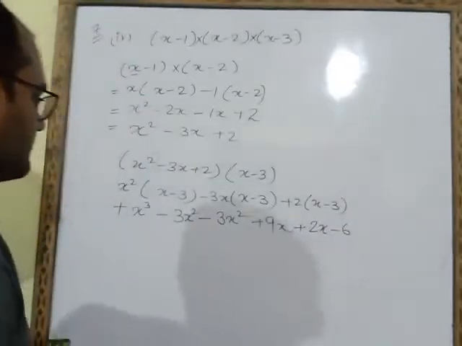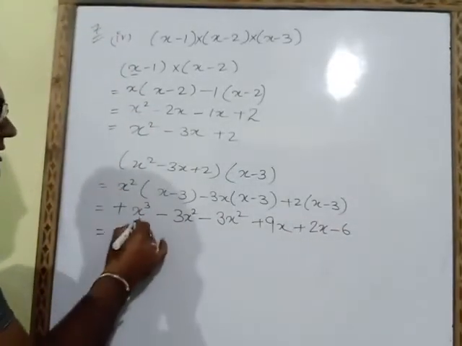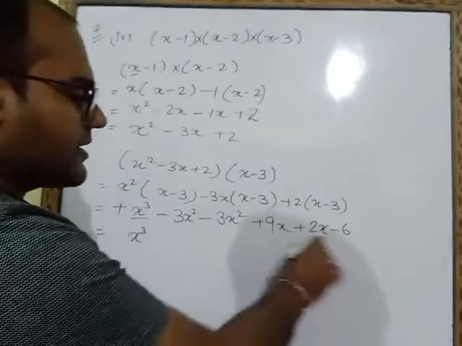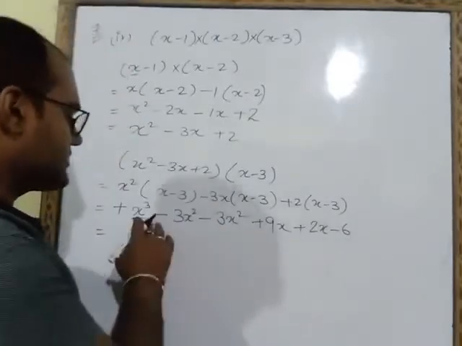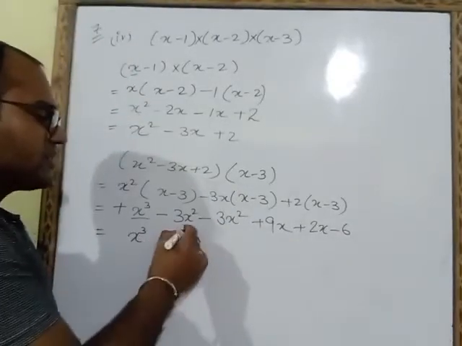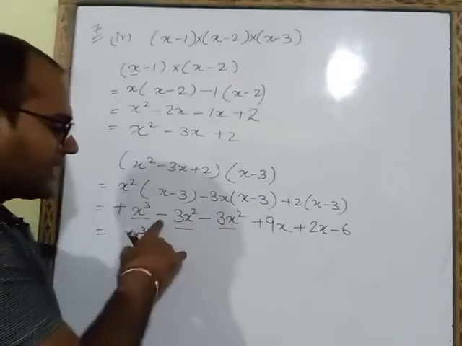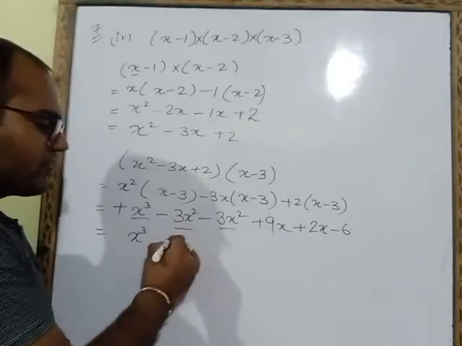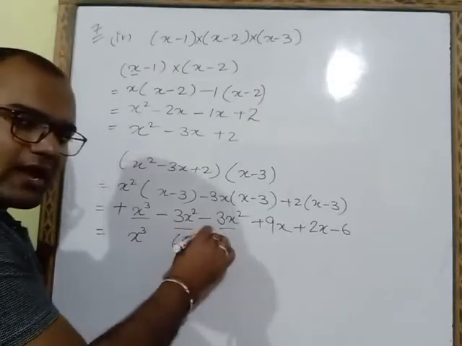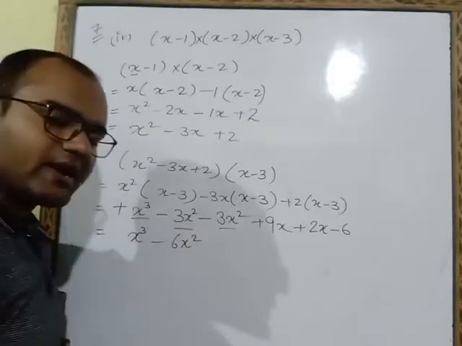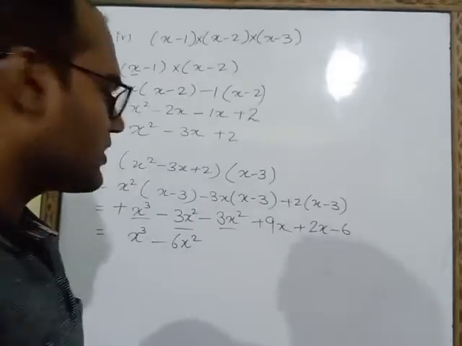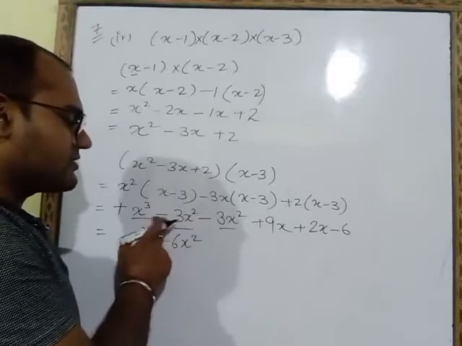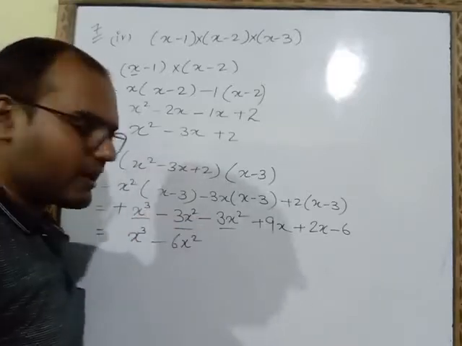Now in the next step, like terms we have to solve. This is the single term, no other alphabet is having x cube. So this is a single term, we will write as it is. These two are like term, minus and minus plus, so we will add these two. 3 and 3 will be 6x square. Both are having negative sign, so here also we will write negative sign. Greater number sign we have to put, but here both are equal, so we will put any sign, either this minus or this minus, so we have to write here minus sign.